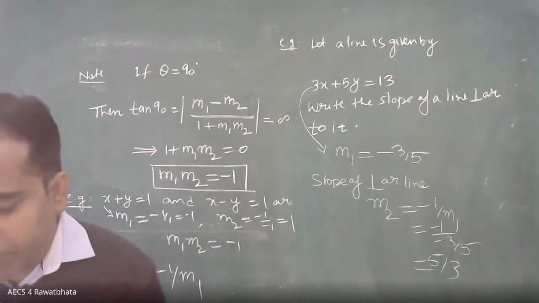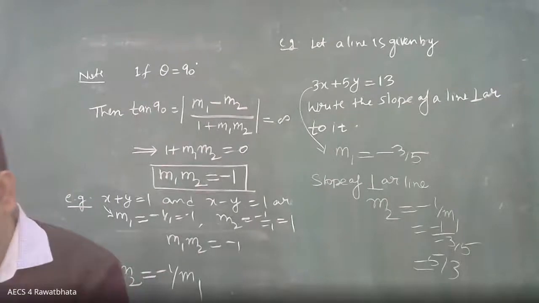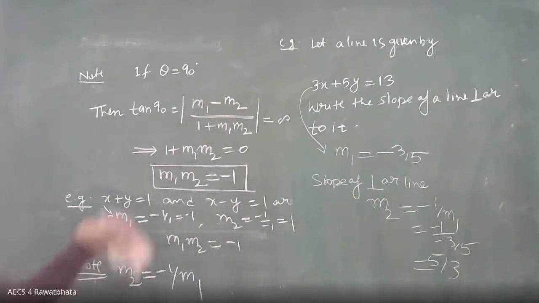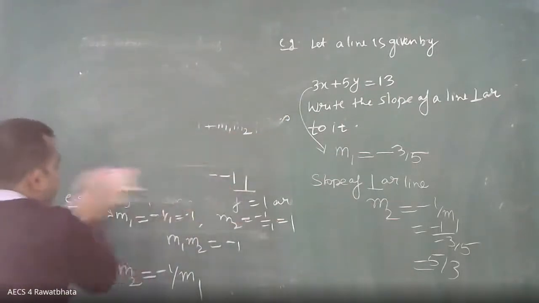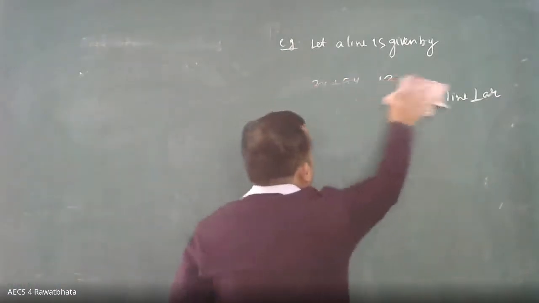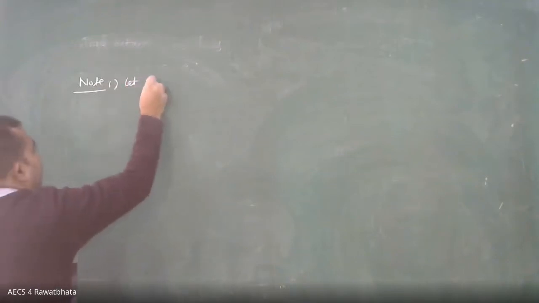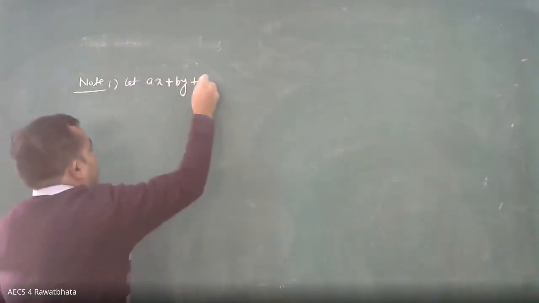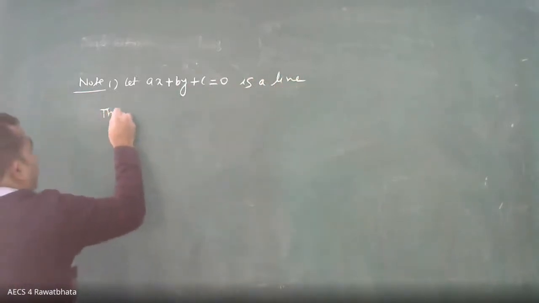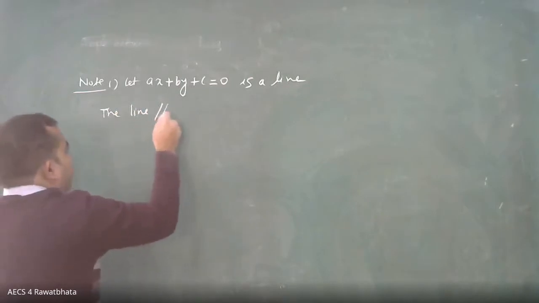One more important note, because we are going to use it directly in our questions: suppose one line is given, then how to write the line parallel to it and how to write a line perpendicular to it. Let us learn that also. I request you all to write these things down so that writing enhances our learning. Two notes we'll discuss. Let ax plus by plus c equal to 0 be a line. Then the line parallel to it is